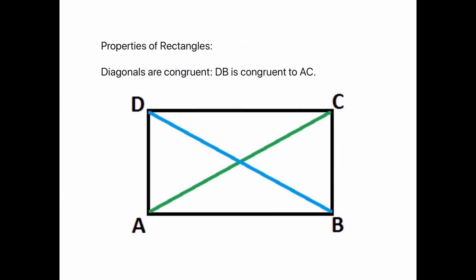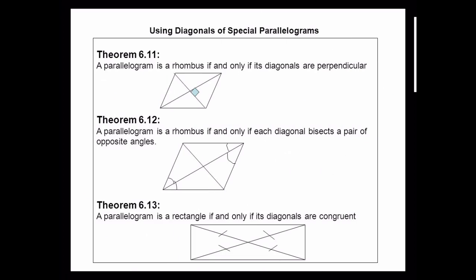There's one property of a diagonal in a rectangle. The diagonals of a rectangle are always congruent. So DB from here to here will always be congruent to AC from here to here. You can also do the converse. Not only are the diagonals of a rhombus perpendicular and bisect a pair of opposite angles, and for a rectangle the diagonals are congruent,